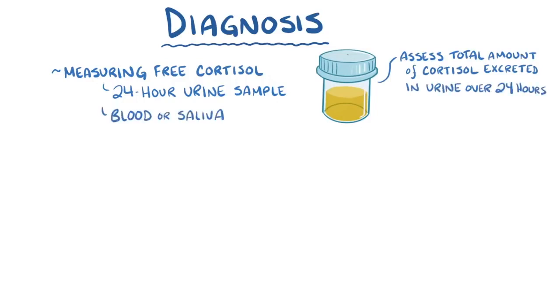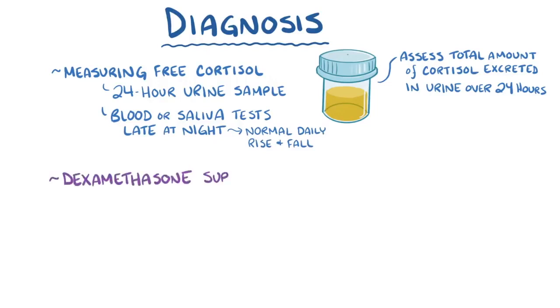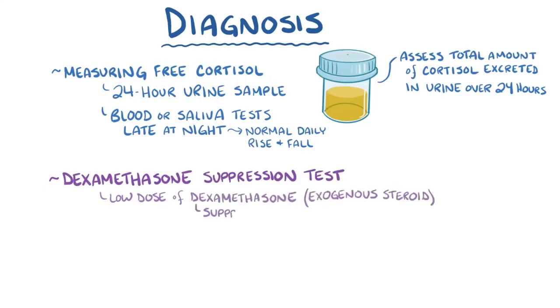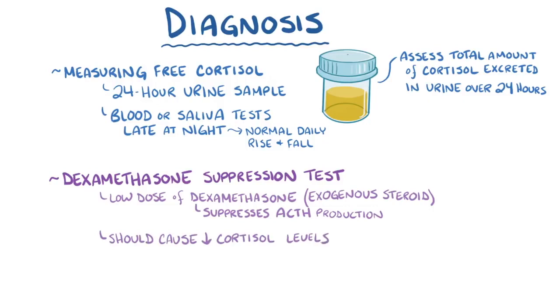Alternatively, blood or saliva tests late at night can help check if there's a normal daily rise and fall of cortisol levels. Another option is also the dexamethasone suppression test, which is when a person is given a low dose of dexamethasone, which is an exogenous steroid that suppresses ACTH production in the pituitary gland. Normally, that should cause a decrease in serum cortisol levels, but if Cushing syndrome is caused by endogenous cortisol production,